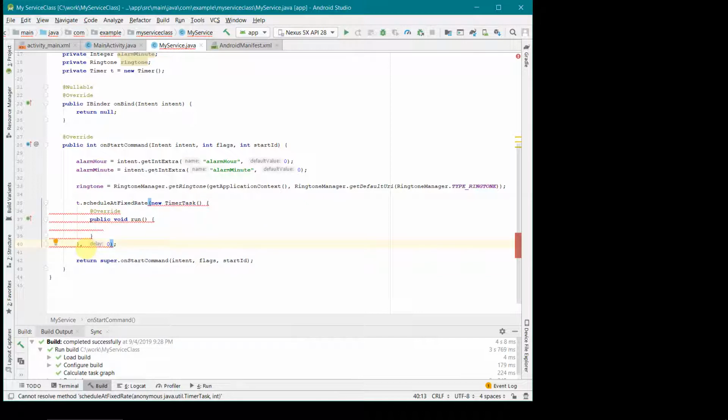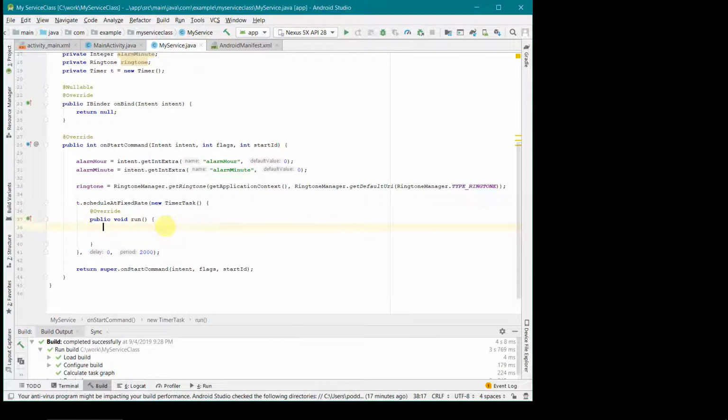But before that, I would like to quickly complete this structure. We have to give another two arguments here. One is the delay and another is the period, the total time period. So I give 2000 seconds. I think that should be more than sufficient to test our application for the time being. So once done that, I can start doing the run method.